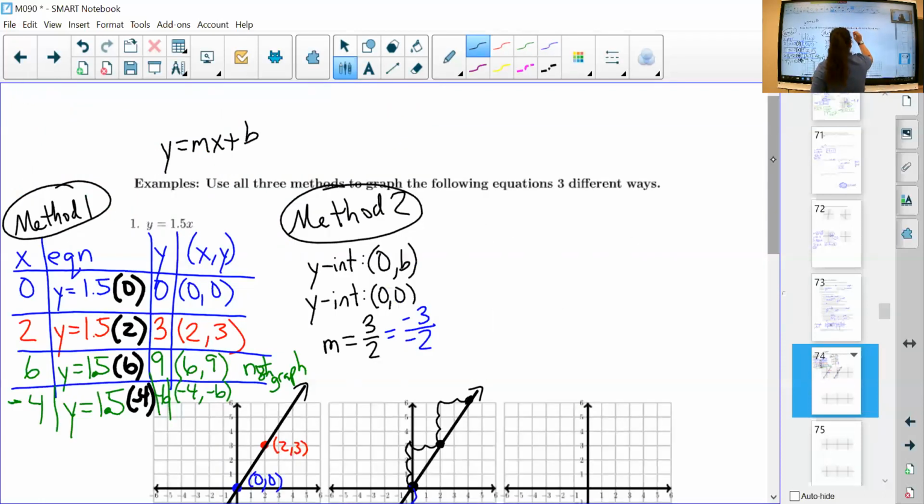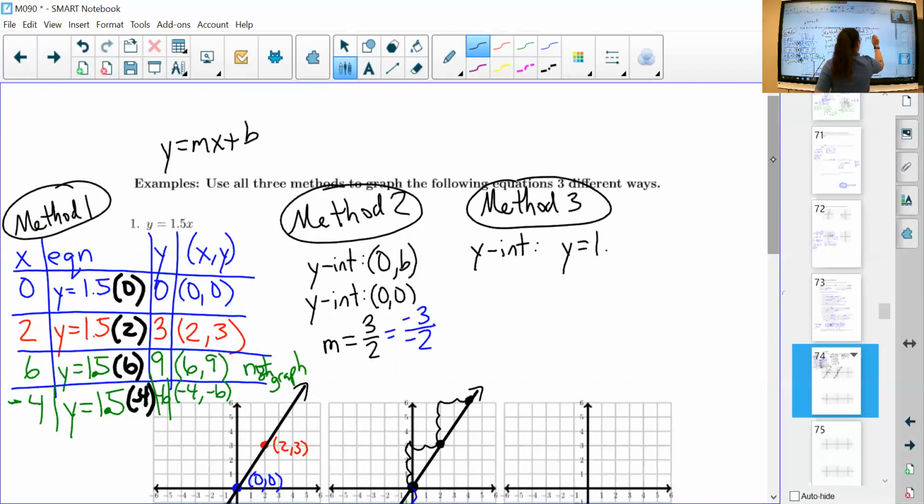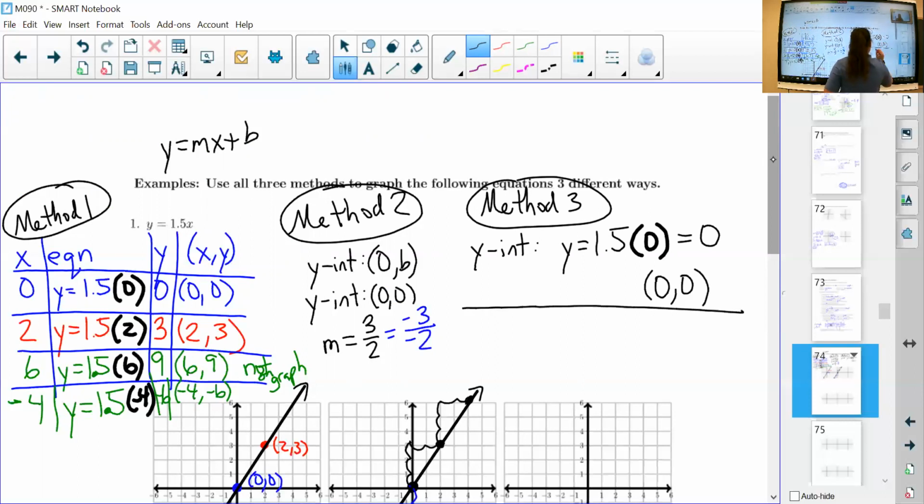Method 3. That's finding the intercepts. So y-intercept, y equals 1.5x. I'm going to plug in 0 for x. And I guess it's bolder, that works, which is 0. So I have the point 0, 0 as my y-intercept. My x-intercept,